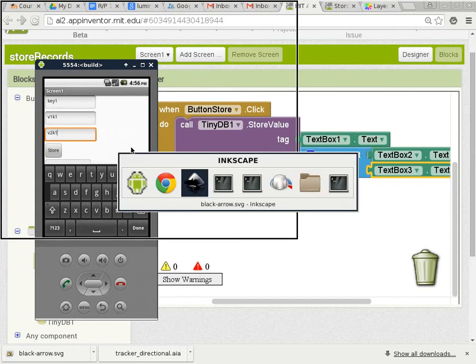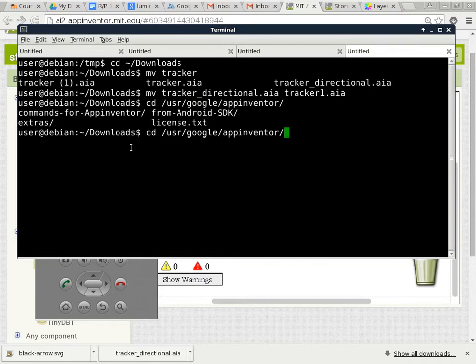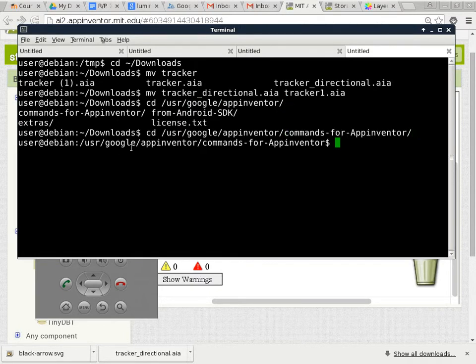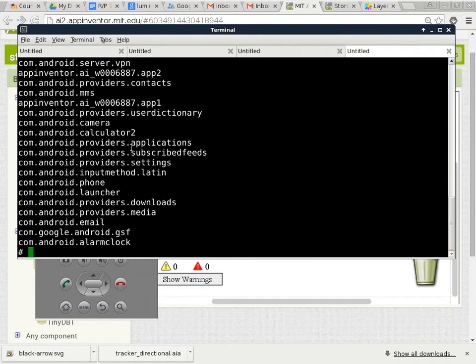So now I switch to my command line because I want to go in and see what is actually being stored. So I go to user, Google. This part is Unix specific. Yours is going to be slightly different. And then we want to run ADB, and I want to make sure the device is actually connected, which it is, and we'll start the shell. So once we get to the shell, the data is stored in /data, and then you have all these names here. App Inventor at this point, is not